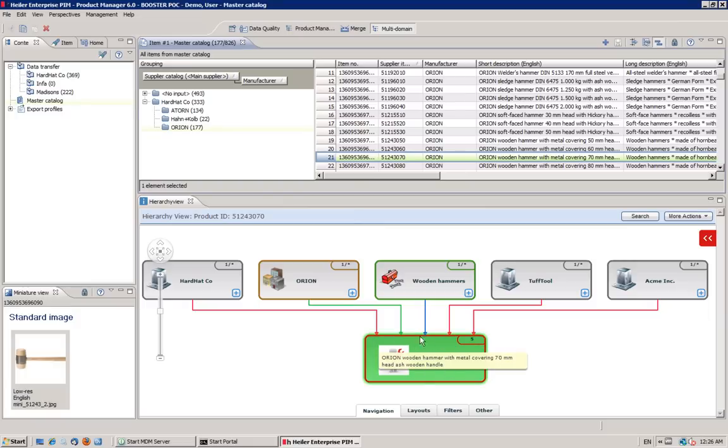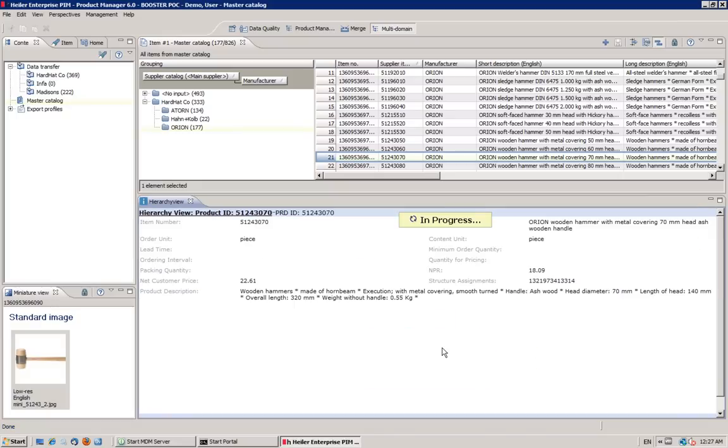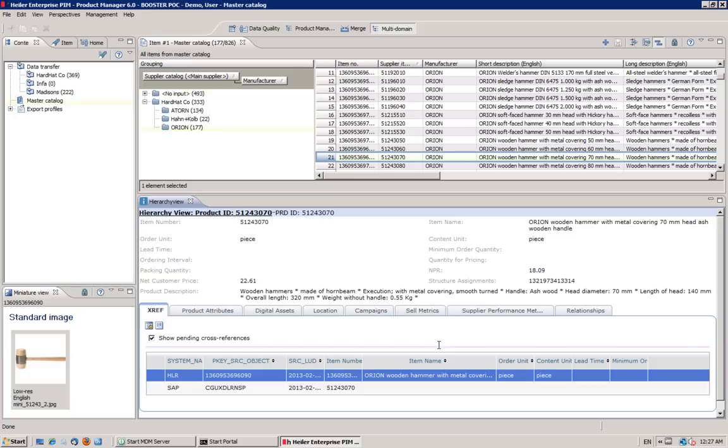So this is, again, our hammer that we've been using throughout this demo process. What we see here, via the red line, are the different suppliers. Here is our Hard Hat Co. supplier, but we actually have a couple of other suppliers that supply this same hammer. We also see the manufacturer as well as a product group that this particular hammer belongs to. I can drill down into this hammer and look at the record as if we were logged into Informatica MDM. We see the familiar interface here with the information that was replicated from PIM